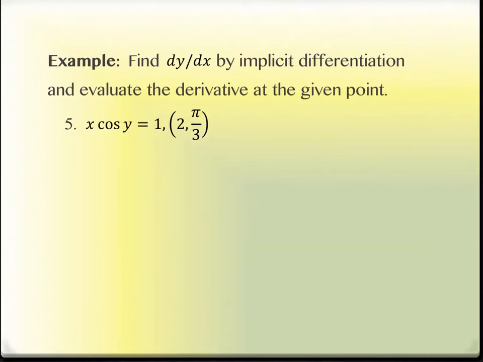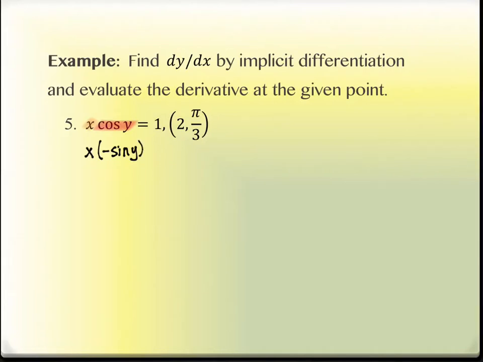So we've got x cosine y. That's a product rule, right? So there's two pieces. So when I do the product rule, I write the first piece down. Then I need the derivative of the cosine of y. So what's the derivative of the cosine of y? Negative sine y